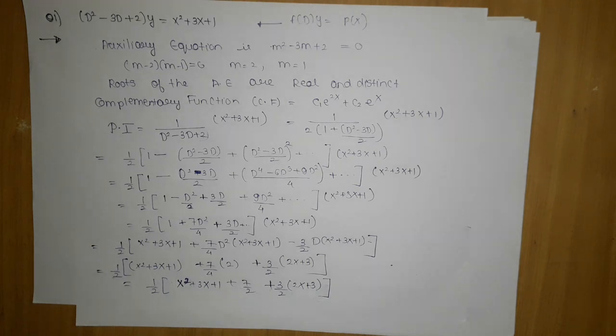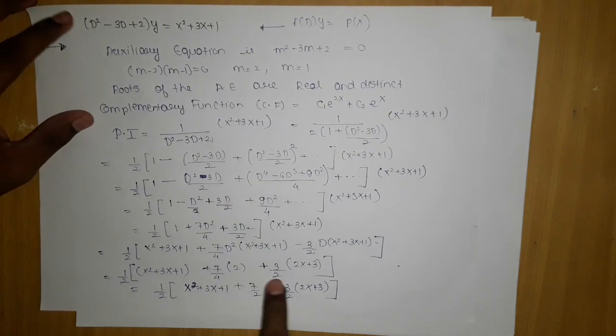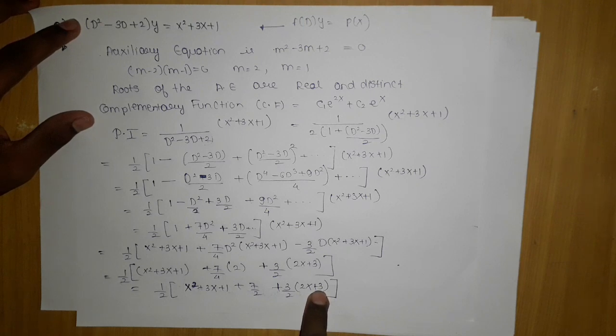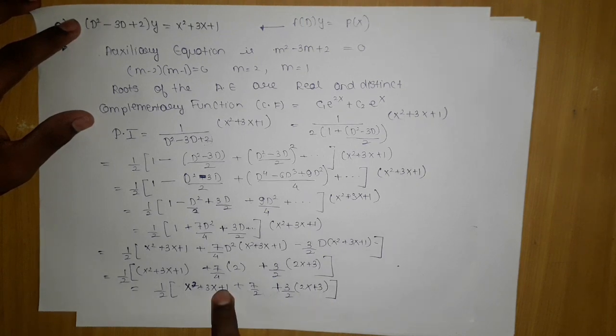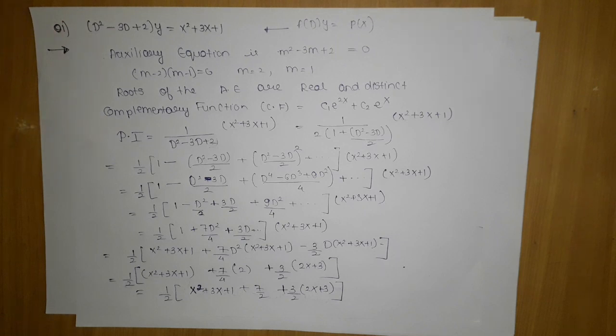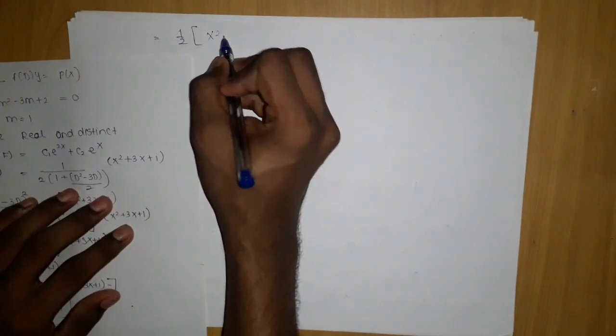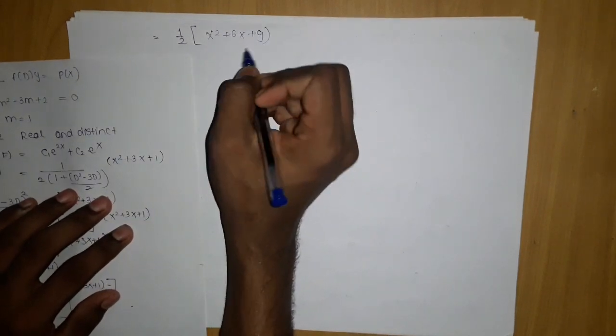And if we multiply here and divide by 2, we are going to get 9 by 2, here it will be 2 by 2, so if we add on 9 by 2, here it will be 9 by 2, here it will be 1, and here it will be 7 by 2. So what we are getting, 9 plus 7 is what? 9 plus 7 will be 16, which will become 8, and when 8 is added with 1, it will become 9. So finally we are going to get x square plus 6x plus 9 as particular integral.